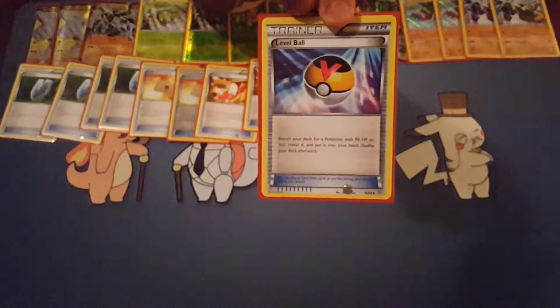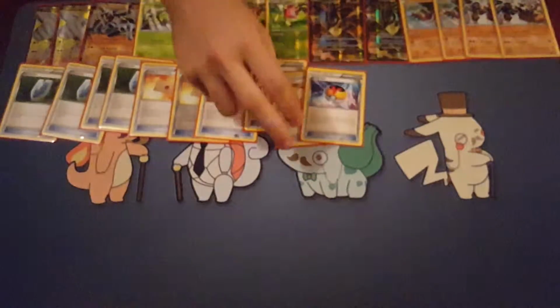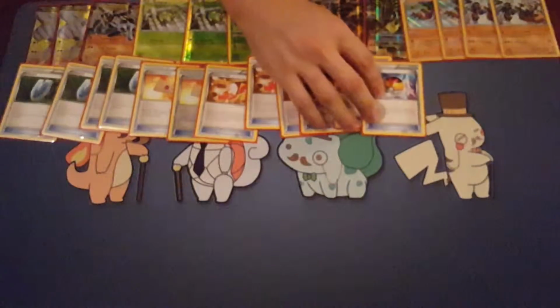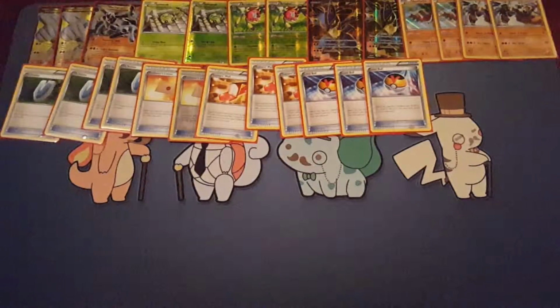This is because we want to get our Hawluchas out. We want turn 2 or turn 3 Ariados consistently every single time, because we're likely going to have Machamp or Lucario out. So 3 Level Balls really has helped this deck a lot. You can also just burn them just to thin out the deck, which I've done sometimes. 2 Crushing Hammer,